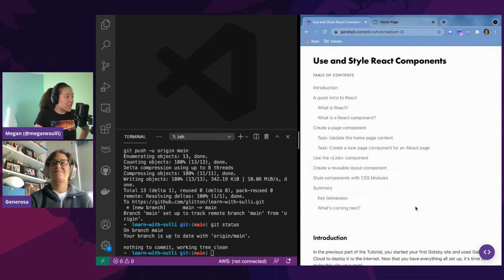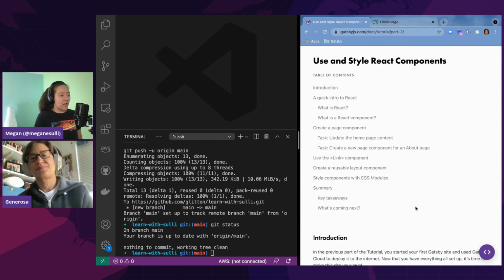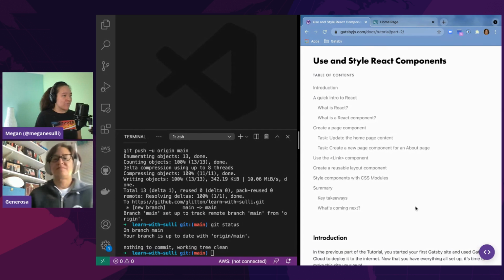So if you're new to React, we're going to talk about some React stuff. If you're new to React, let me know in the chat so I know how much detail to go into. But basically, this whole section is the React section. So it's all about creating React components, the different kinds of React components that you can make in a Gatsby site. Some stuff about how to use components and props to change the way that your components render. And then also a little bit of stuff about styling, and specifically CSS modules.